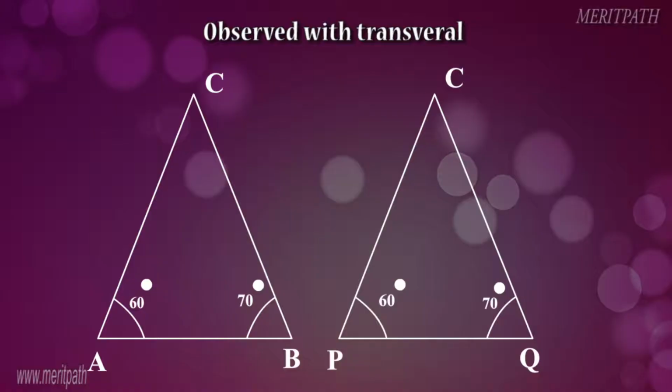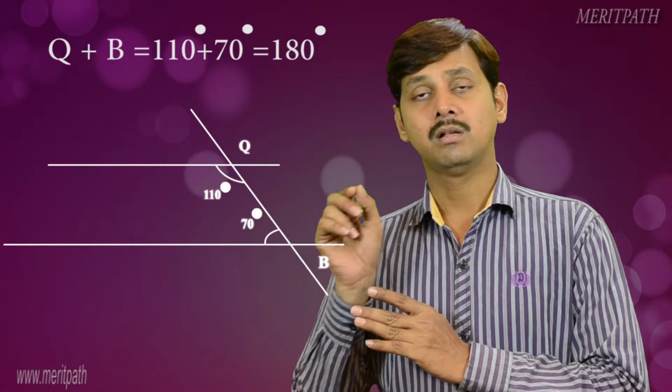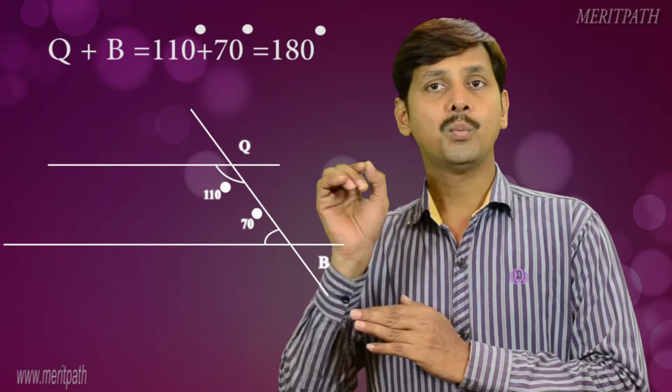So let's observe the side CB, PQ and AB. When we observe these 3 lines, they form a transversal. Let's observe this transversal with PQ, AB and CB. When we extend the segment PQ, we get a transversal. AB is also extended, so we get a transversal.